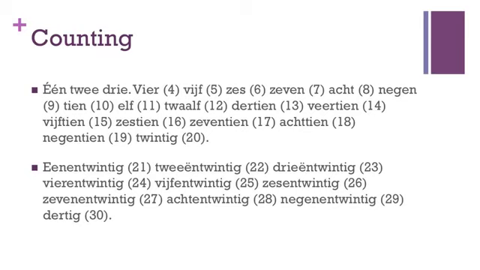This might seem a lot to you at first. However, notice that from 15 on, the numbers are a combination of 5 and 10. 5, 10. And then 6 and 10 until 19. This pattern continues from 20 on, but it's with an N in between. So it's 21, 22, 23, 24, 25, 26,